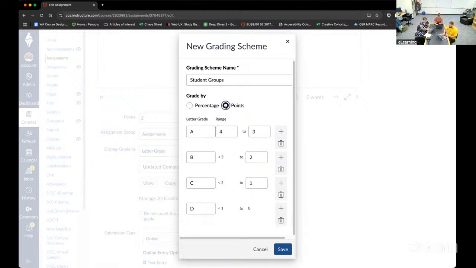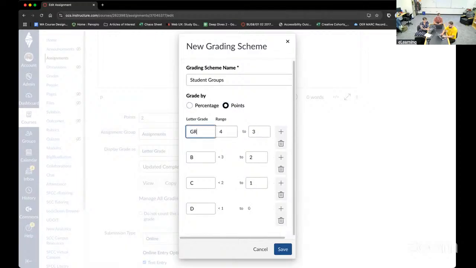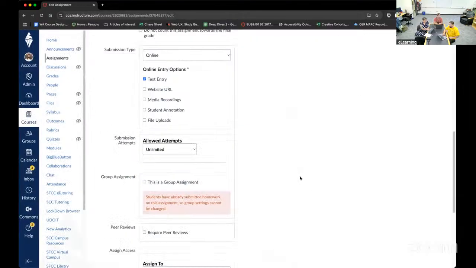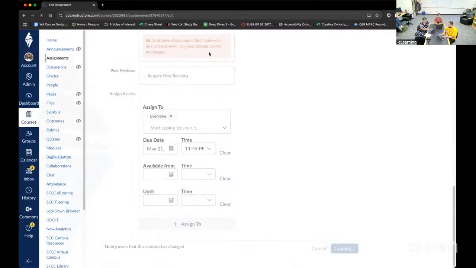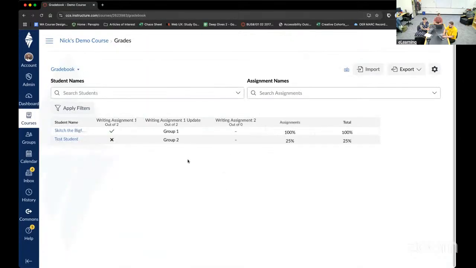Actually, let's make it points. For example, a 1, a 2, a 3, or a 4. Obviously, it takes off my things, but let's do it this way. Back to group 1 and so on. But I could use that to help me as I'm grading and potentially help me manage this interaction the next day. Save that, save the assignment, look in the gradebook, and this is what the students will see aligned